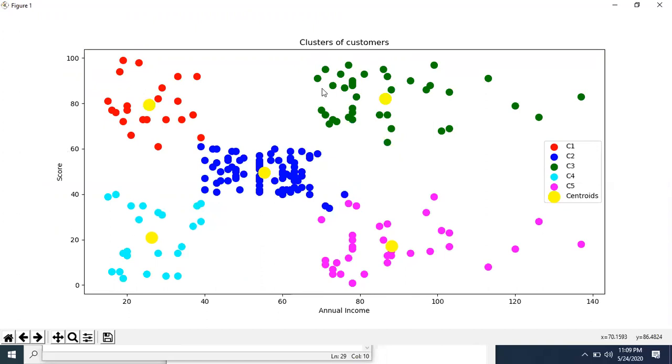So the mall owner will analyze the data depending on the annual income and score of the customers, and then he may modify the product, or he may analyze different things, and then again rebuild the model for further profit analysis or some more analysis purpose. So this is the purpose of k-means clustering, and this is how we can implement the code in Python.